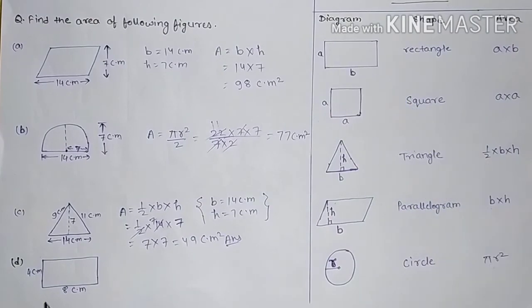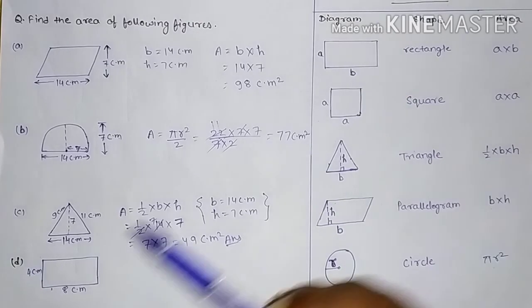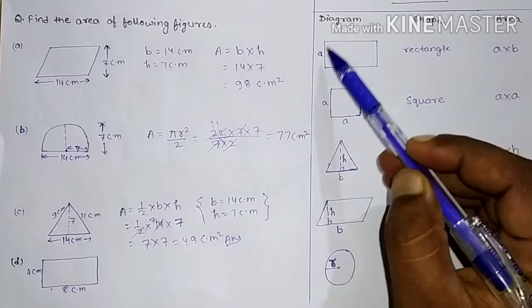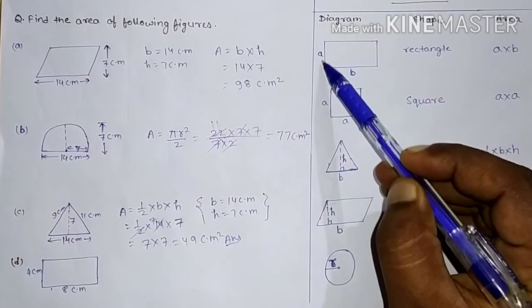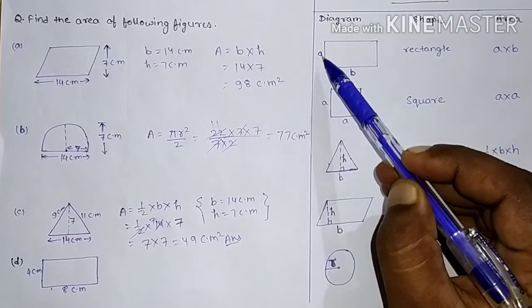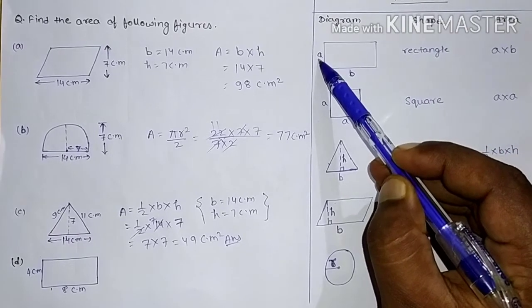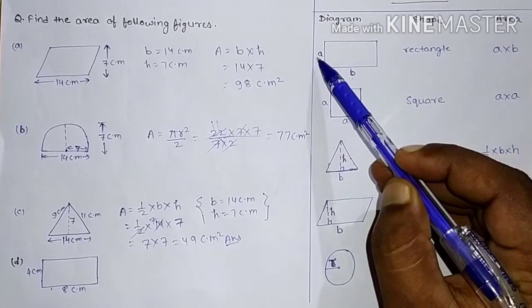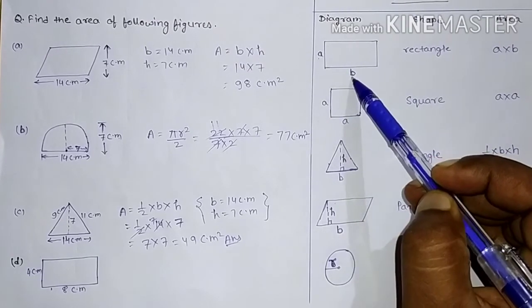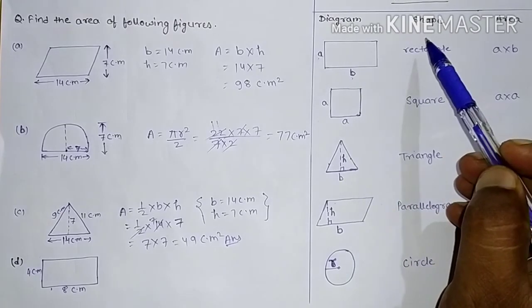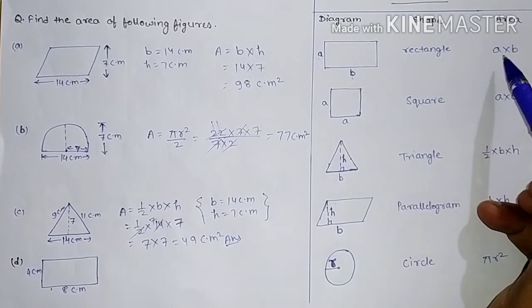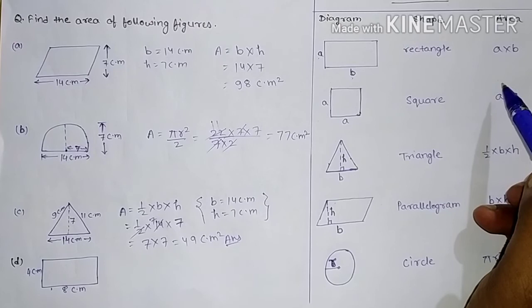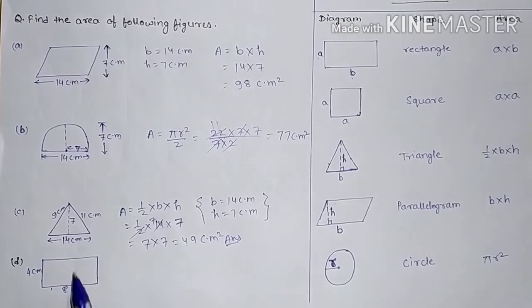Now next one is a rectangle. This figure looks like this. This is the diagram of a rectangle where one side is A centimeter and another is B centimeter. You can say breadth is A centimeter and length is B centimeter. Then area will be length into breadth, that is A into B. So simply in this formula,